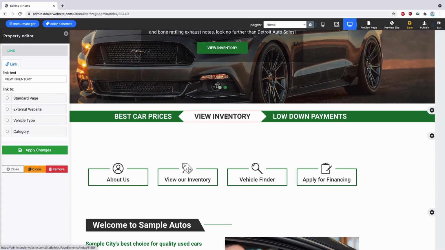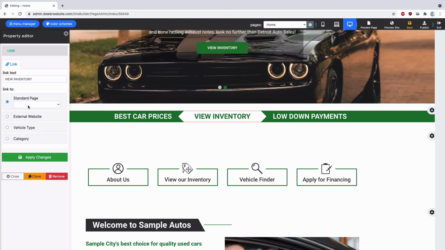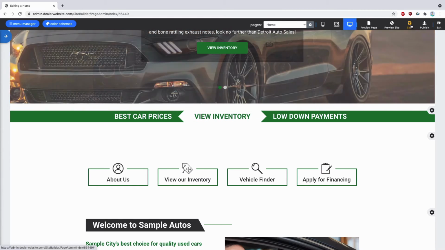We could edit the button in the middle. So if we were going to leave it view inventory, we want to link that to the inventory page. Apply changes. And then if we save and publish that,